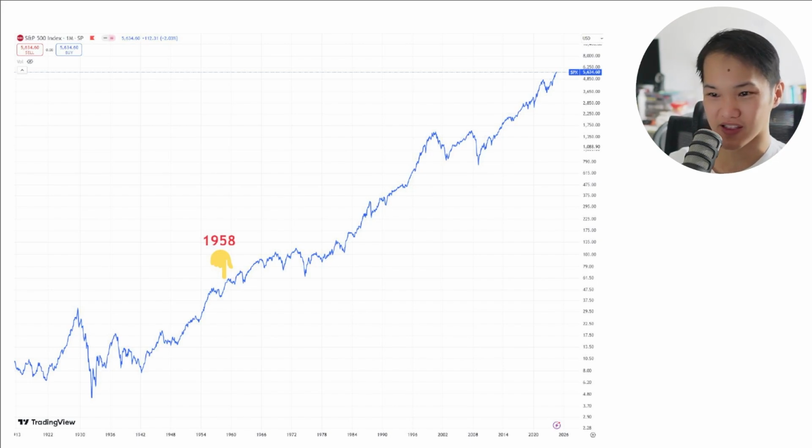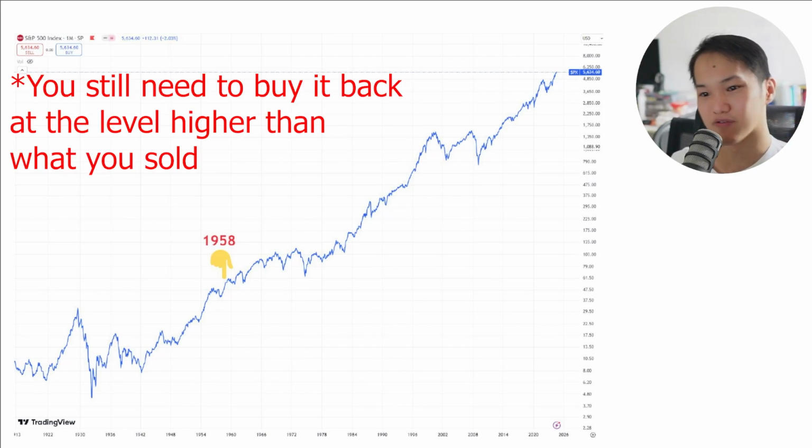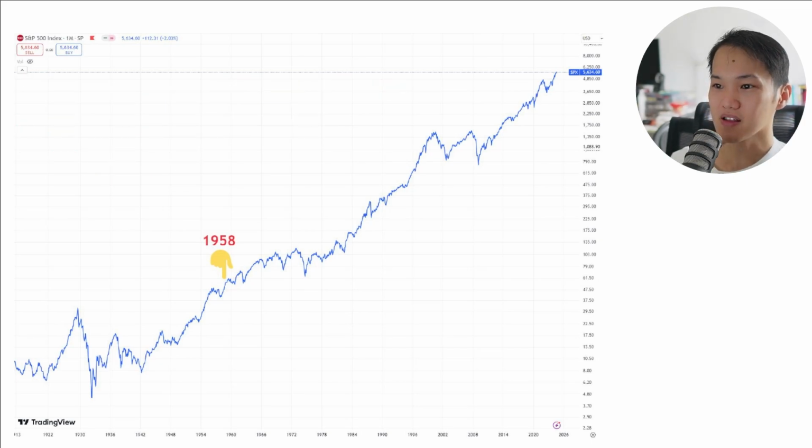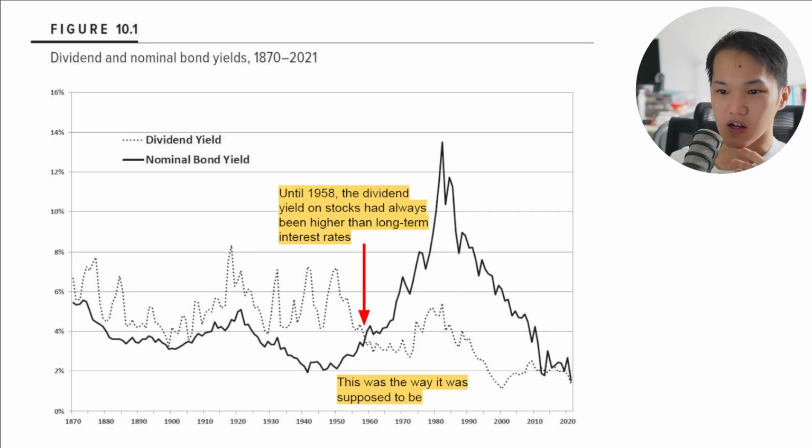Even if you want to wait for the next drop in the market, like in the 70s, so 1958, wait until, let's say, 1974. That's like 10 plus years of waiting to have this kind of pullback. And even after the pullback, you still need to buy it back at the level that you sold at. So I think this one just tells us that although